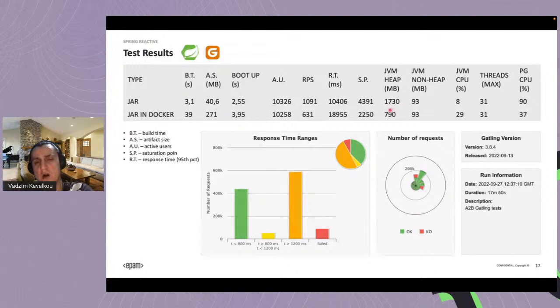Just to compare it with the jar and Docker, it's about 8 megabytes. And pretty similar JVM non-heap and threads, but JVM CPU consumption of jar a bit less. And in jar and Docker, we can find that Postgres CPU consumption is about 37% and 19% in Java. And if we take a look at the graph, the response time range, we can find that